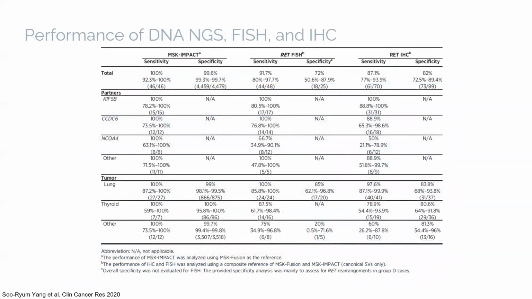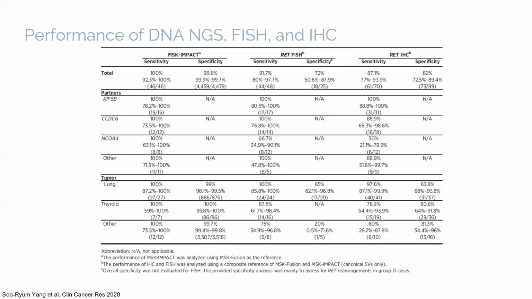In our institutional study, we examined the sensitivity and specificity of 3 clinical assays: DNA-based NGS, break-apart FISH, and IHC for the detection of RET fusions. The results were compared against our RNA-based NGS assay, which is based on anchored multiplex PCR technology. We found the sensitivity of the DNA hybridization-based capture assay was 100% because it was possible to target all exons and introns involved at breakpoints. Specificity was very high, yet there were several RET